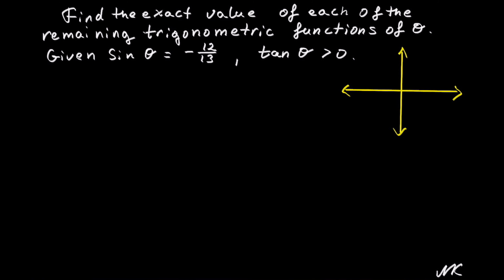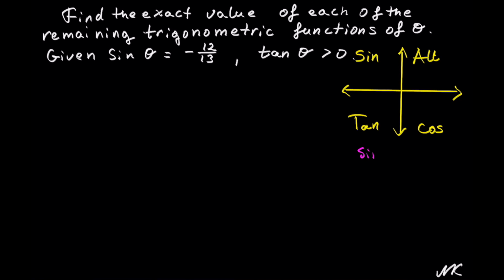So here we have x and y axes. All Students Take Calculus. What this stands for is that all are positive in the first quadrant, sine and its reciprocal in the second quadrant, tangent and its reciprocal in the third quadrant, and cosine and its reciprocal in the fourth quadrant. In the problem, we are given that sine of theta is negative 12 out of 13, which means